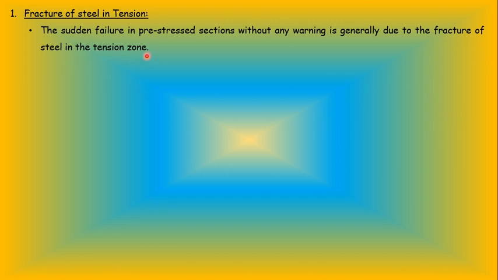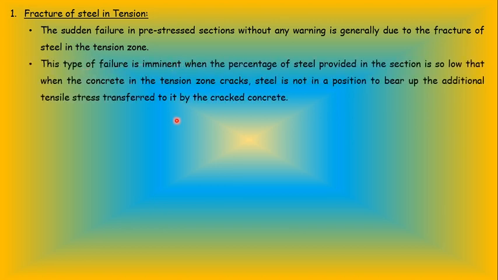As the thread breaks into two pieces, it is going to have a fracture. Similarly, the tendon wires are going to have the fracture. This type of failure is imminent when the percentage of steel provided in the section is so low, means it is going to occur when we are providing the steel